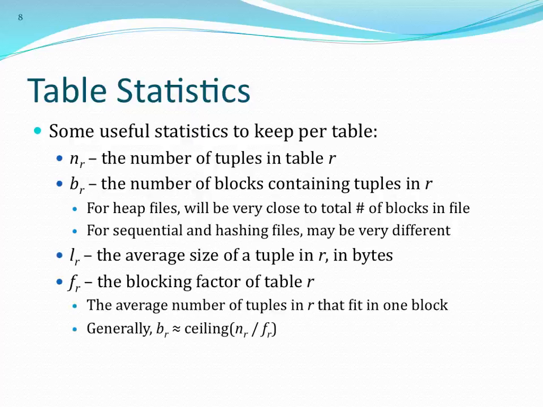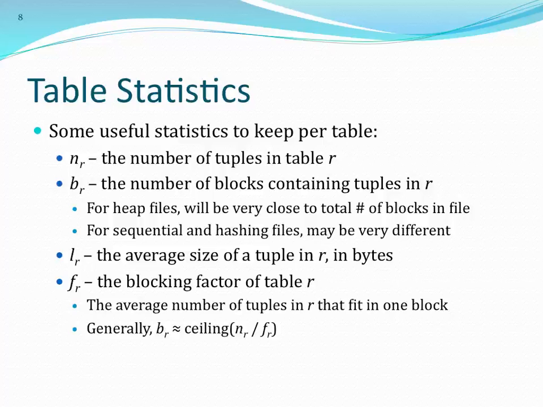The blocking factor of a table. So this is a derived value, or I should say you can derive it from these other things. Like I say here, the blocking factor is just going to be the number of tuples divided by the number of blocks containing tuples. So it would be n sub r divided by b sub r. So that's not very complicated. And of course, you can do the math. It's really easy to see that this relation is generally going to be true as well. The b sub r is going to be n sub r over f sub r. Very exciting, right? So anyway,